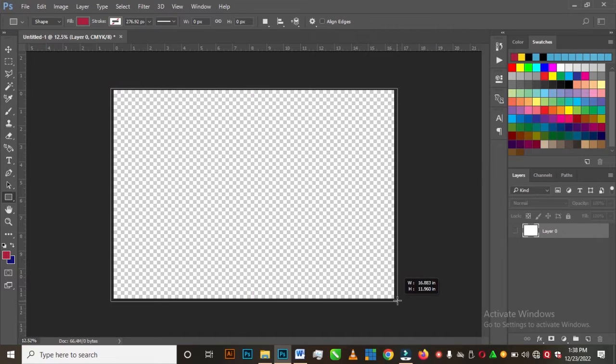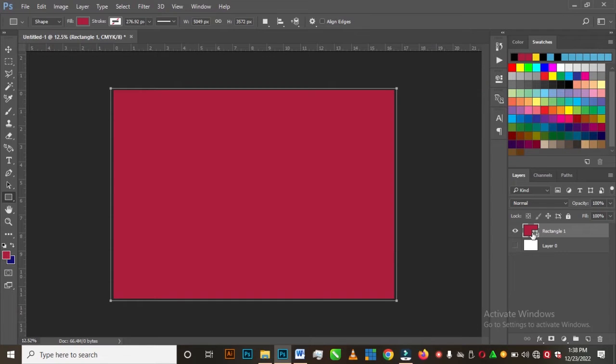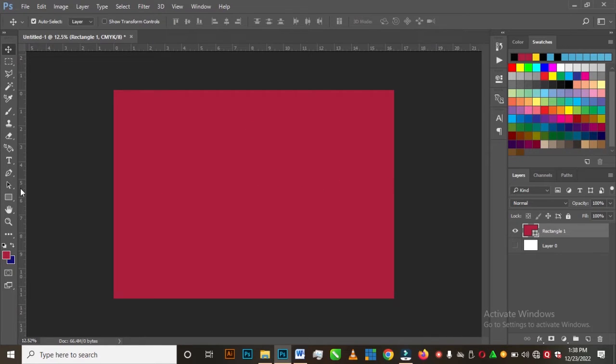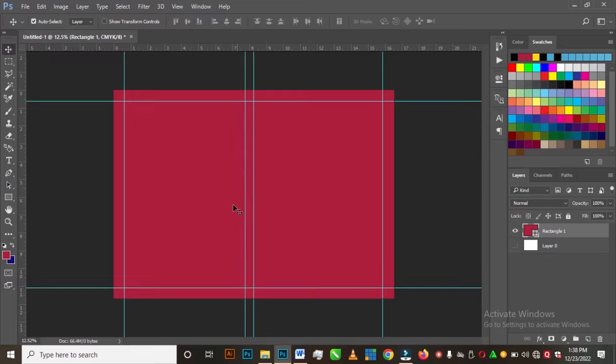Once we've done this, after creating the background, I'm going to manually put our offsets because this is like a book work. So we need the offset and the proper spine. Put this one in the middle, snap it here, then put the spine. I think this is okay. Now we've gotten